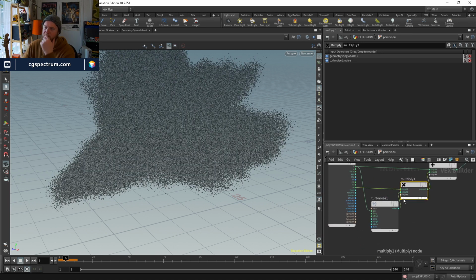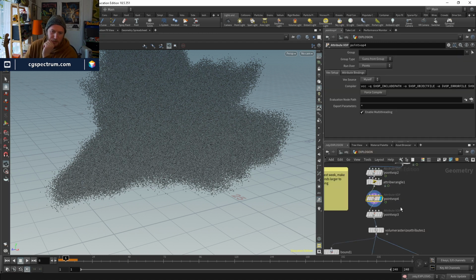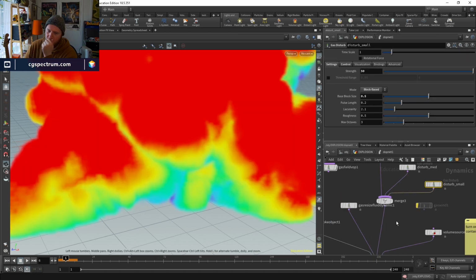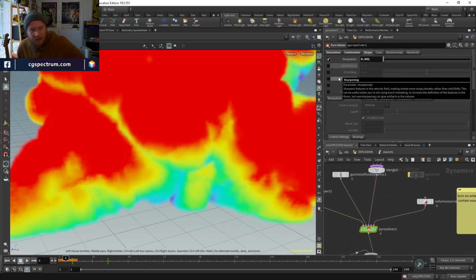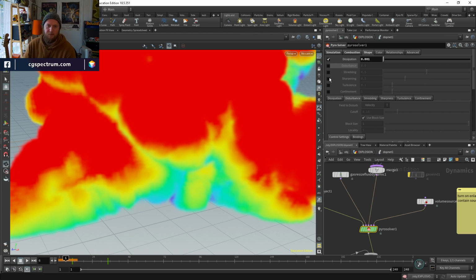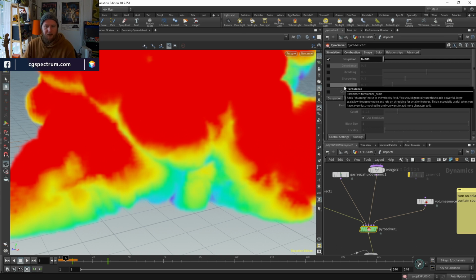Do I ever use any other shaping settings? Pretty much just disturbance. For a lot of the time it is just disturbance. Shredding I don't tend to use that much for explosions. Shredding is good for flamey detail, but not really needed for explosions. Sharpening, certainly not. Turbulence, you can add a bit of turbulence, but you have to be careful with turbulence because